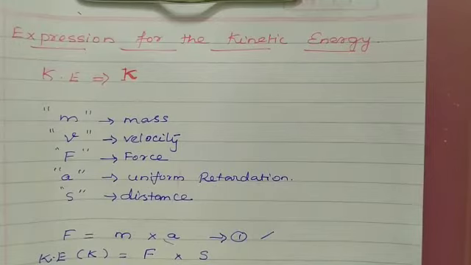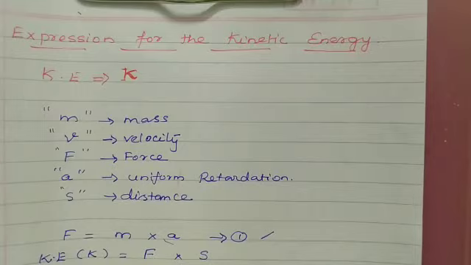What do you mean by kinetic energy? The energy possessed by a body due to its state of motion is called the kinetic energy. It is denoted by a symbol capital K. Examples: a car in motion, the bullet fired from the gun, a rolling ball, an apple falling from a height, etc. have the kinetic energy.